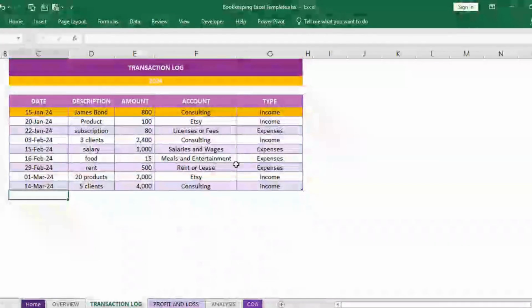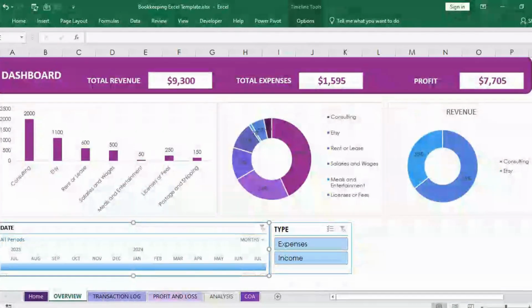This is just an example of the transactions that you can enter. Then we can move on to the profit and loss. From the profit and loss, we now move on to the overview tab. On this tab, you can have a